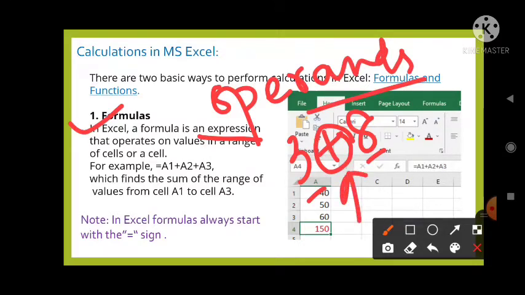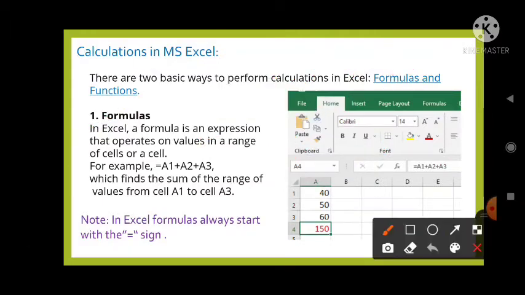For example, this is the Excel sheet under the Home tab, and we have column A. Under column A we have written the values 40, 50, 60. The cell address of the first box will be A1.